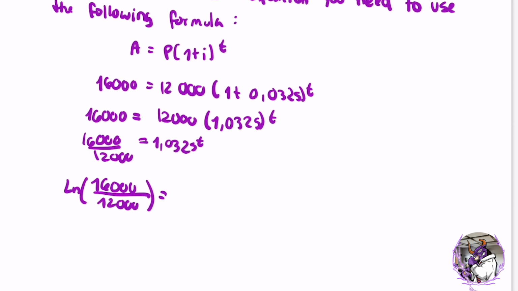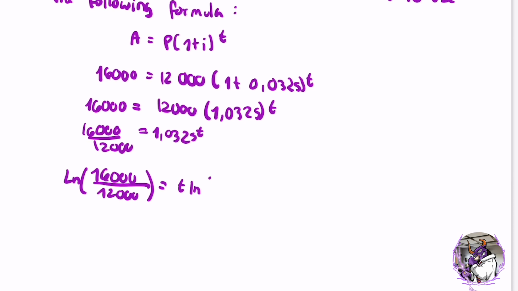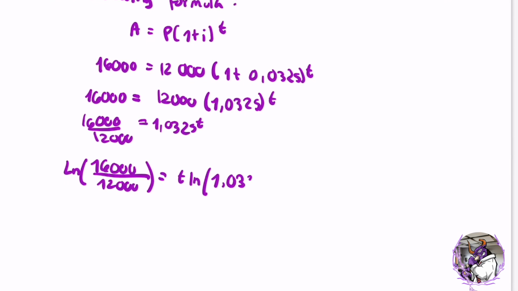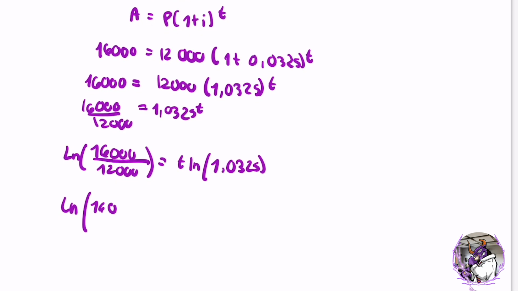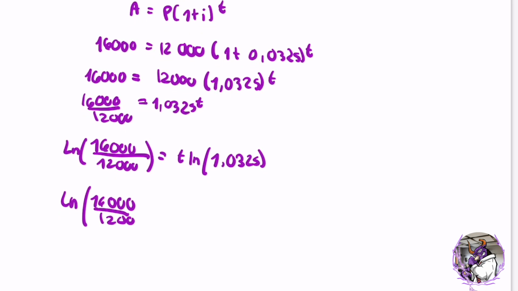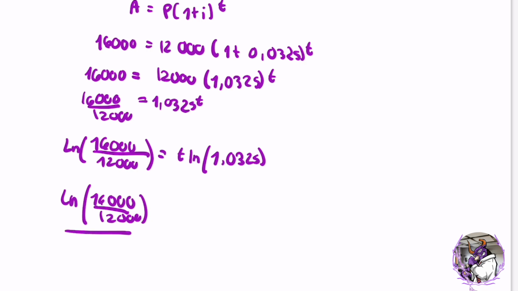And now we divide ln(16,000 divided by 12,000) by ln(1.0325), and it's going to be equal to the time, which means the years. And our final answer is going to be